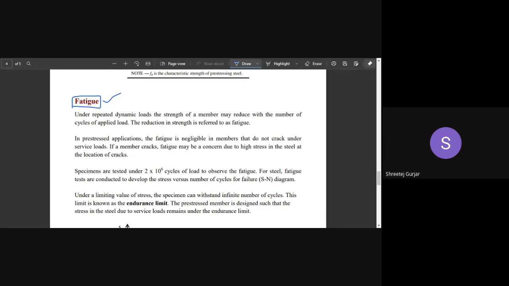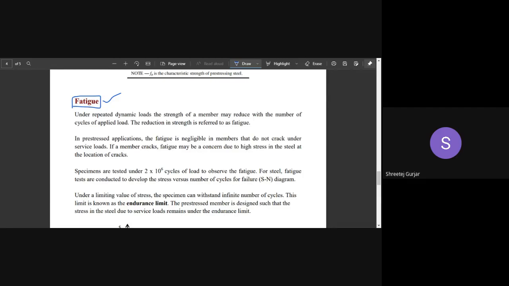Okay, so whenever there is an application and removal of load, this is one cycle. Whenever there is an increase in the number of cycles of application and unloading of loads, the strength of your member goes on decreasing, and that reduction in strength is referred to as fatigue. Okay, so I hope you have understood what I meant by fatigue. It is mainly occurring due to dynamic loads. As I've told you, it is not occurring in case of static loads. Fatigue is only occurring due to dynamic loads.